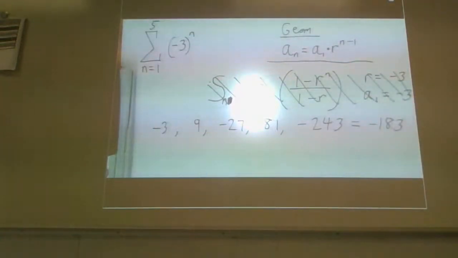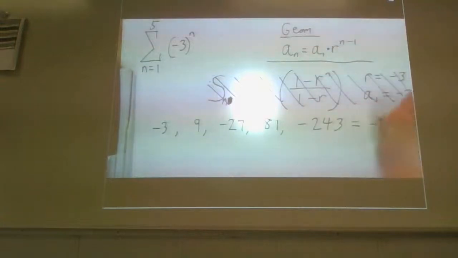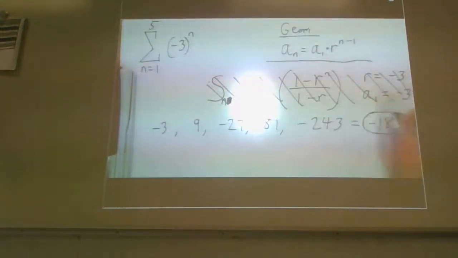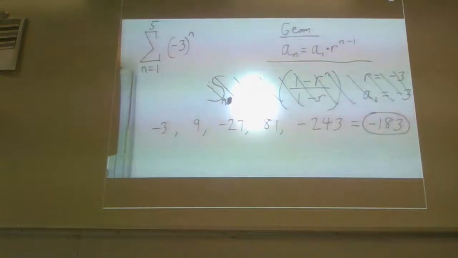If you actually add up all 5 of those numbers, as the sum tells you to do, it ends up being -183. I believe, someone double check for me on that second chart. Is -183 a choice on that grid? I don't know if it is. Yeah. Oh, sweet. See, -183 is such a random number. It's like, man, I panicked for like half a second. I'm like, oh, did I get it right? And then you said -183. I saw it right when you said yeah. So I'm like, good. It is an answer to that thing. So that actually is how that notation typically works.